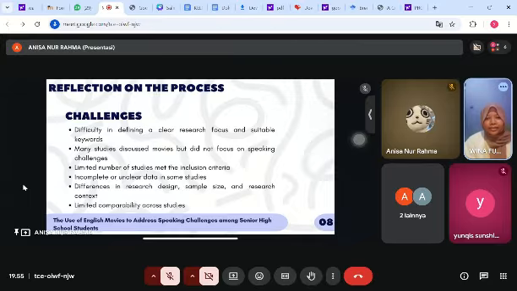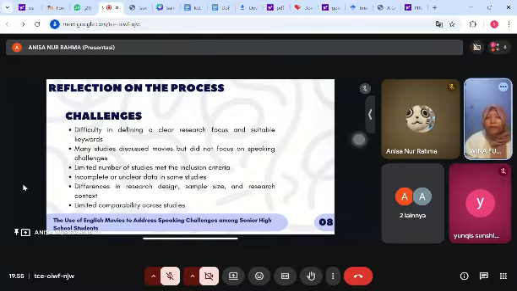First, about challenges. Throughout the entire research process, several challenges were encountered. At the initial stage, defining a clear research focus and suitable keywords was challenging because many studies discussed movies but did not specifically address speaking challenges. And during the article search and selection, only a limited number of studies met the inclusion criteria, which reduced the